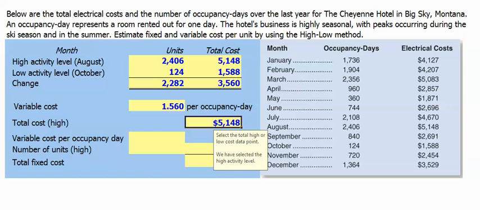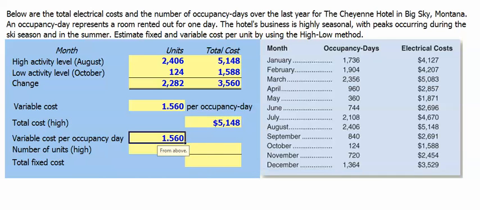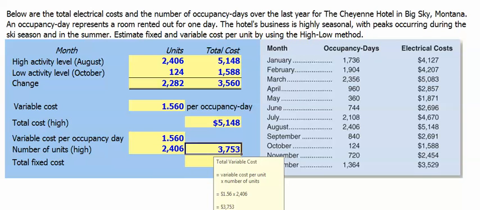$5,148. We next need to calculate our variable cost at this level of occupancy. Our cost per occupancy day was $1.56, and our number of units or occupancy days at this high level of activity was 2,406 days. We multiply our 2,406 by our $1.56 per day to get a total variable cost of